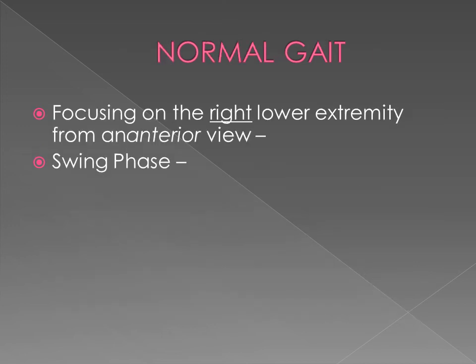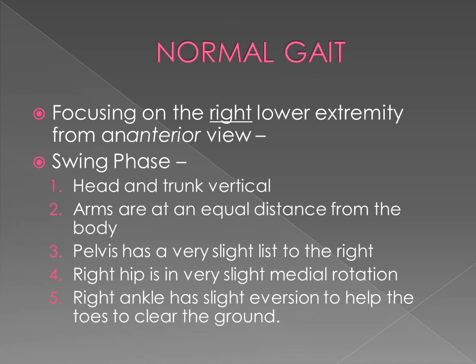Now, from the anterior view, and again, just viewing the right lower extremity, normal mid-swing phase would be characterized by having the head and trunk vertical. The arms would be at an equal distance from the body. The pelvis has a very slight list to the right. The right hip is in very slight medial rotation, and the right ankle has slight eversion, the purpose of which is to help the toes